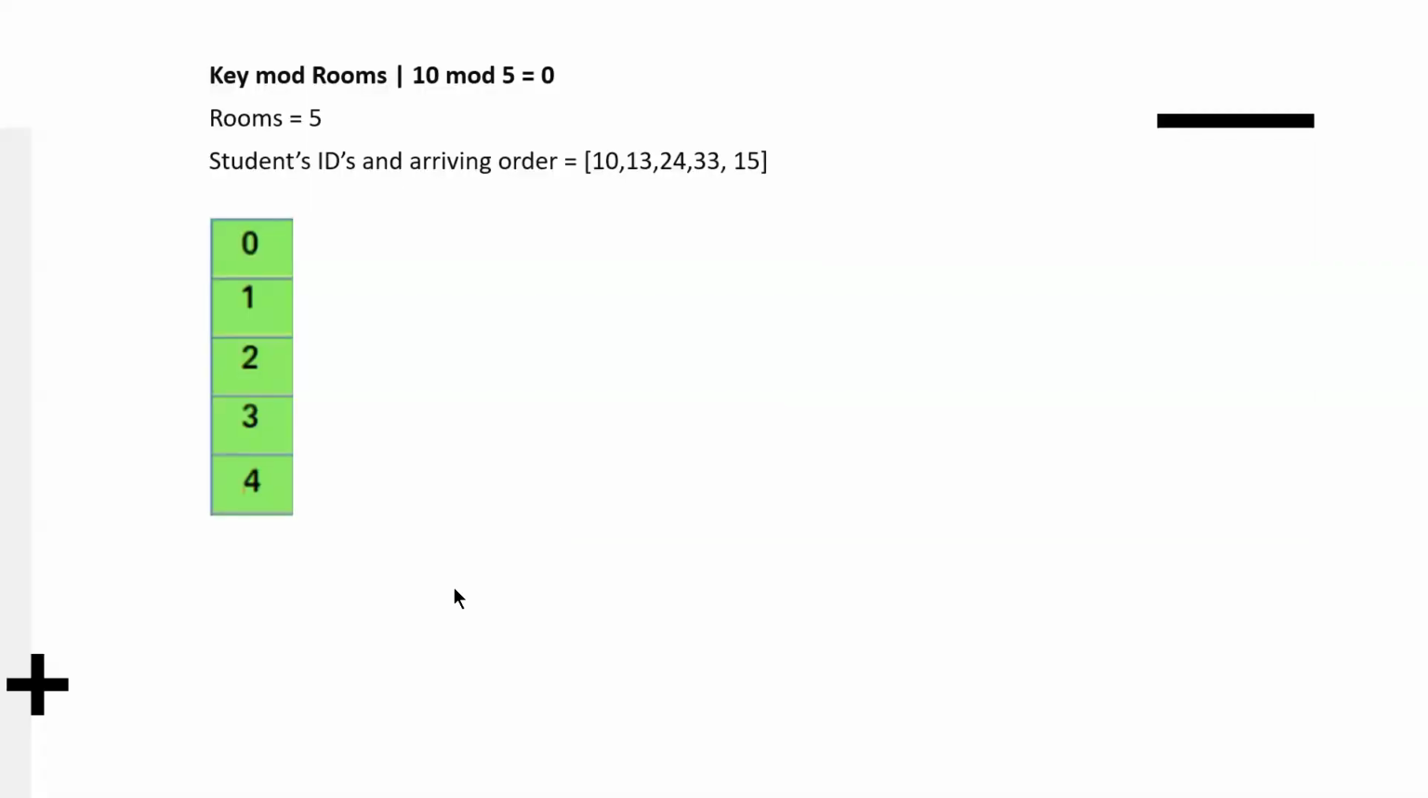Now let's take a look at an example here where there are 5 rooms and there are 5 students who've entered the room and need to be assigned. When we are using hashing, we need something called a hash function. A very common hash function is key mod the buckets, or the rooms in this case. So as an example